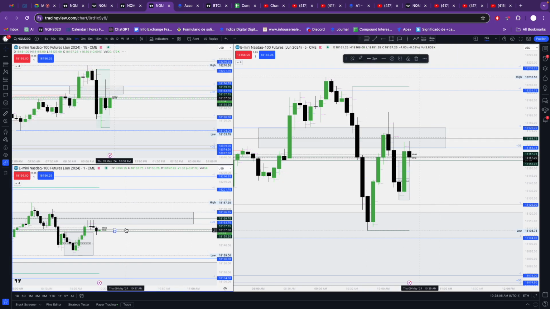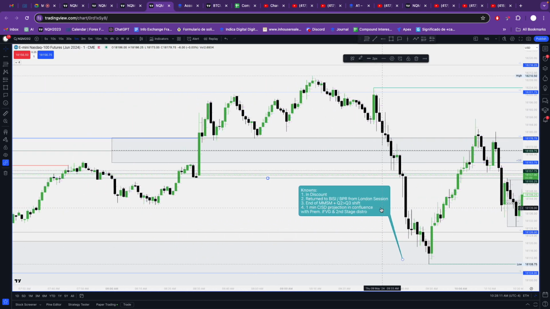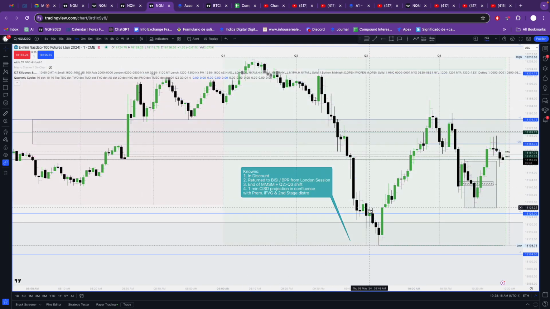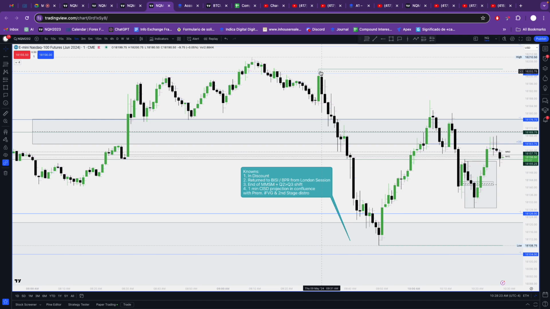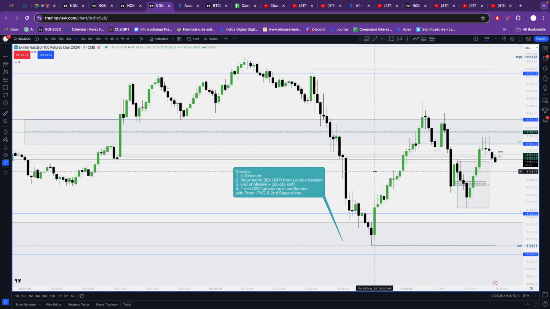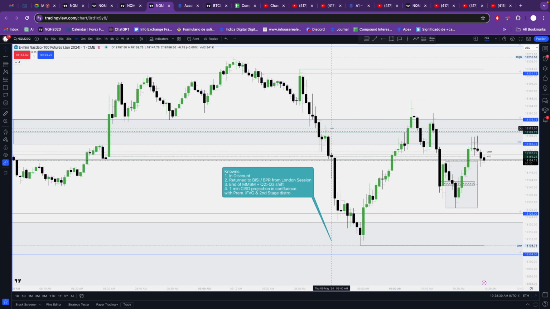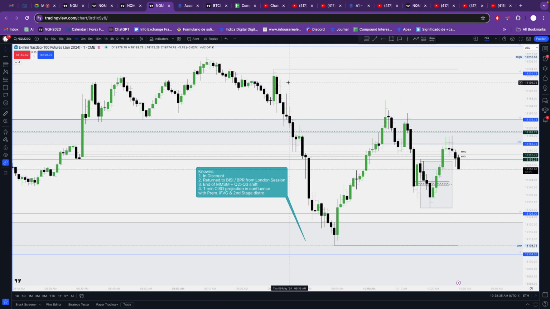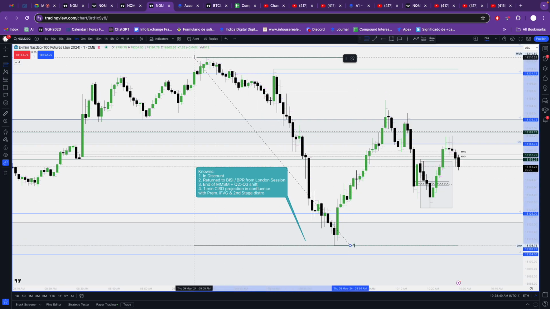We identified that we were coming into a quarterly shift. That was a time element right here at 9:45. We also identified that we had our stage one here, stage two here, and then boom. Okay. And we also knew that we could take this low here up to this high here,